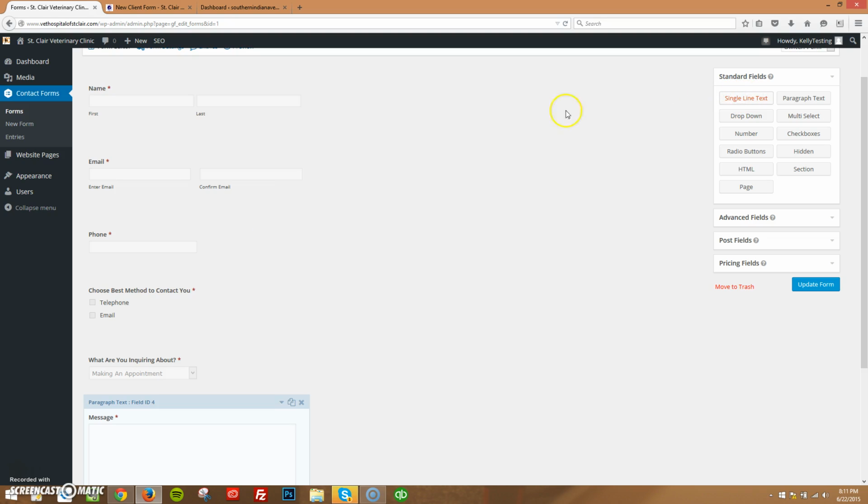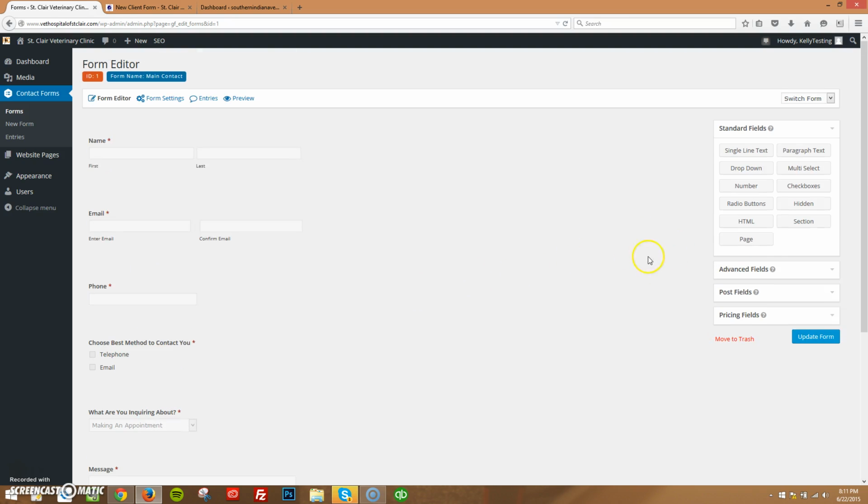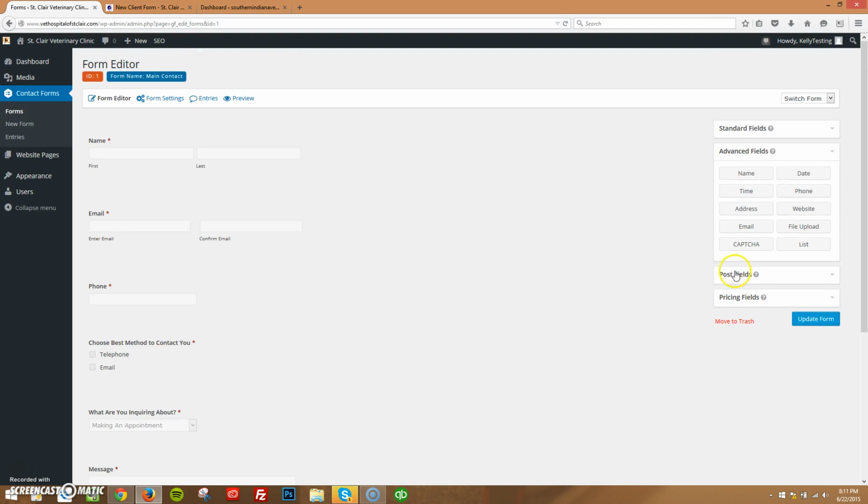So we have single line text, which is this one. We have a paragraph text, which will present like this. You have a phone number, which is an advanced field, and is a phone, so that is making sure that it's an actual phone number that goes in there, not just a bunch of numbers to help you out. Email is the same thing, and make sure that it's an actual email, and then to confirm it, so say